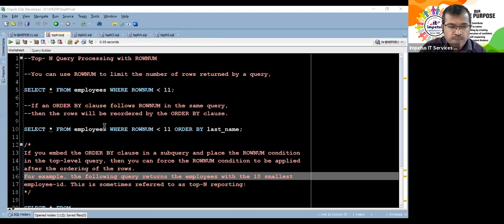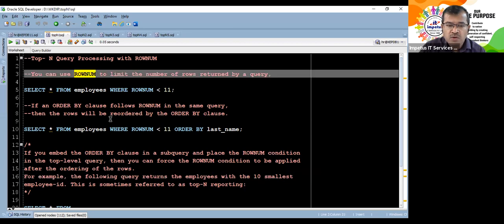Here I go. We have a pseudo column called row number. Now this row number is always there with us. Every row is automatically assigned a row number, and using this pseudo column row number you can extract the data. So let's see how we can use this pseudo column row number to extract the data. This may not really fulfill all your requirements, but we can begin with it.